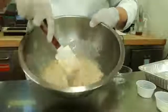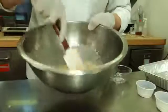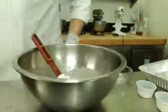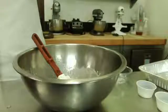Again, I want to keep this batter just slightly chunky, but I don't want giant chunks of banana in there because that's just not going to be enjoyable for anyone. And that's going to affect how our banana muffins bake, and they're not going to be super...